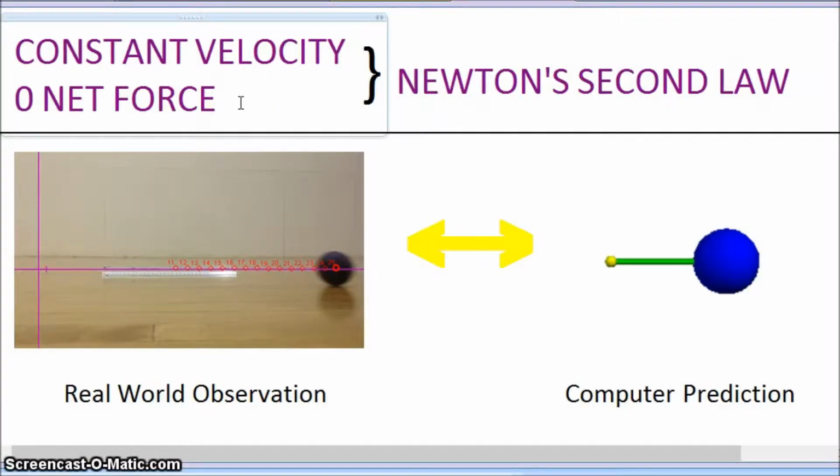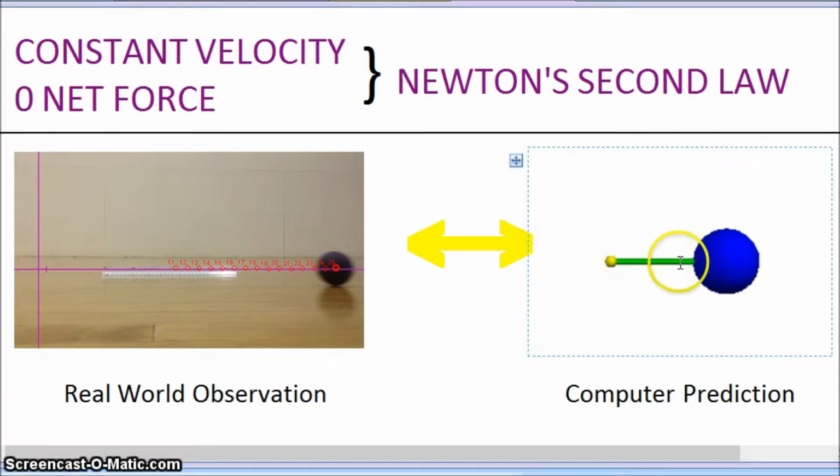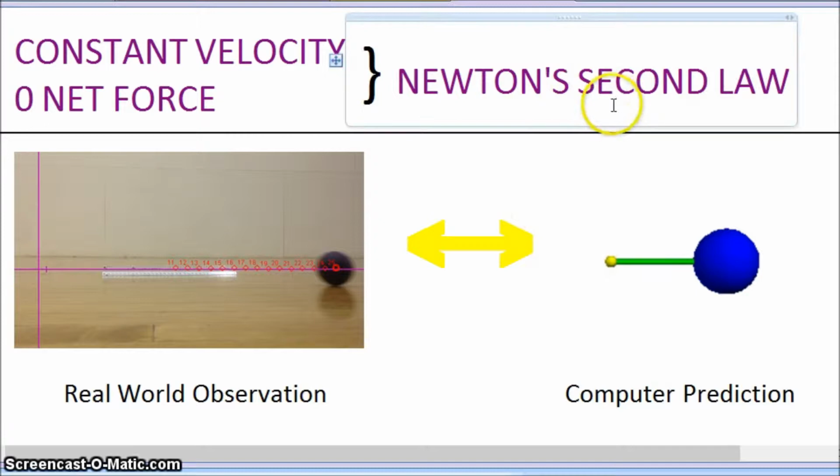In this video lab report, I will be discussing and analyzing the constant velocity motion of a racquetball rolling across a court when the net force acting on the ball is 0. The purpose of this lab is to track a real-world observation of the racquetball's motion, then predict the same motion using Newton's second law in a computer model, and finally, see how closely the real-world data follows the principles of